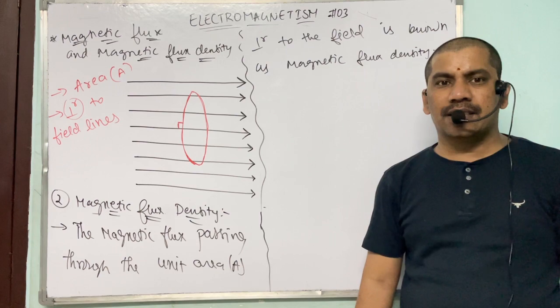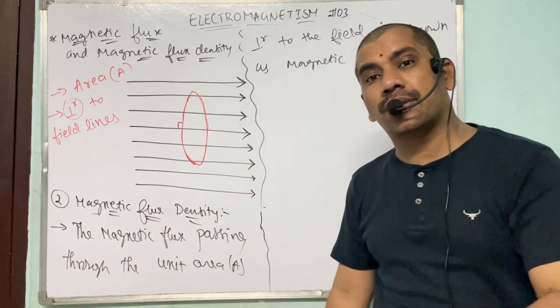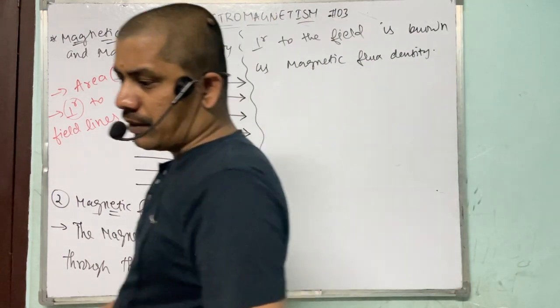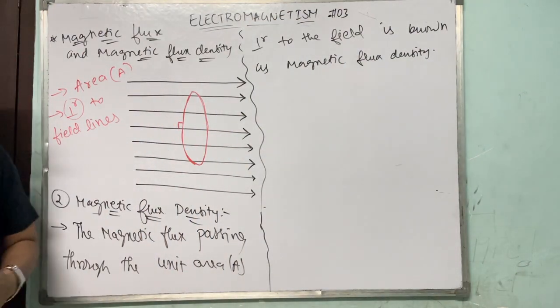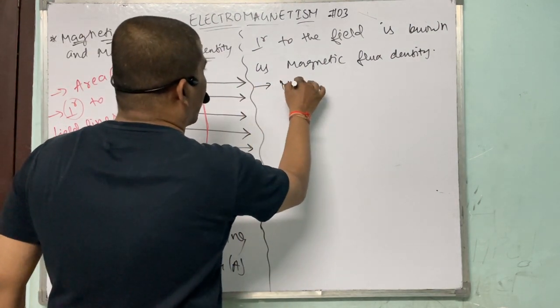Getting this point, everyone? Right. So जितना मैग्नेटिक फ्लक्स पास होगा उस एरिया से उसी को हम क्या कहेंगे? मैग्नेटिक फ्लक्स डेंसिटी. ओके एवरीवन? Right. So magnetic flux density, one more name is magnetic